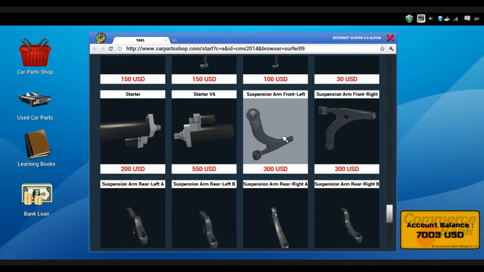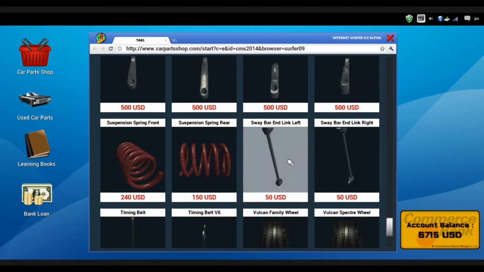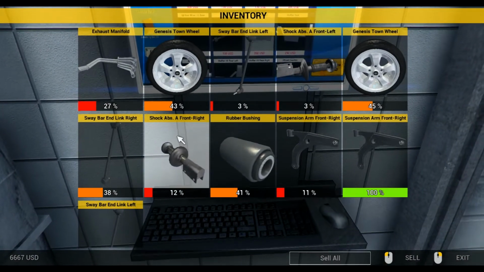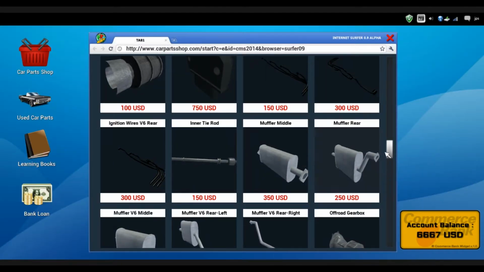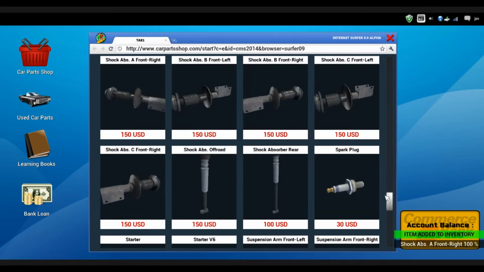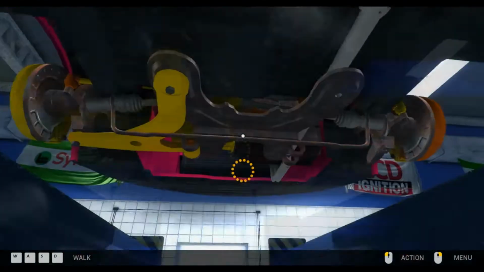Alright, so we need suspension arm, front right, 288. Sway bar in link left. And we need... Okay, here's what I'm gonna do here. This is what I didn't do before. Shock absorber A, front right, and front left. Okay. So I'm looking for A, front right, 144, and A, front left. There we go. See, last time I bought a whole bunch of parts, and I think I bought every part of the...